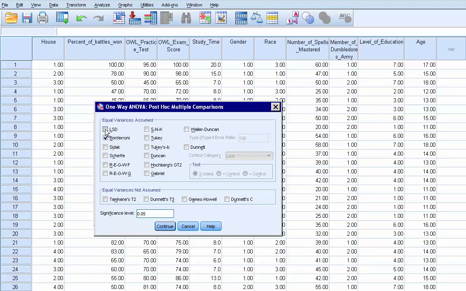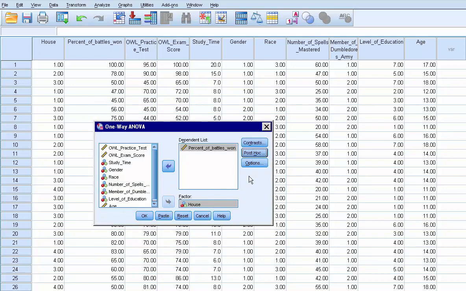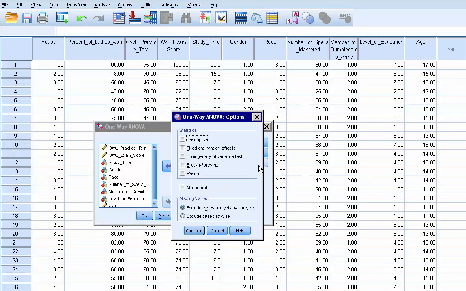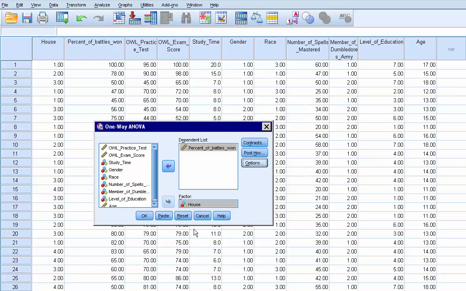So we're going to take both of those, and you can also check one of these if you have a problem with your Levene's test. This is equal variances not assumed. We can check that as well. Now you also want to click Options, and you can check for homogeneity of variance. You can also put descriptives in there, and you'll get a descriptive box with your means and everything like that. Now we click OK,